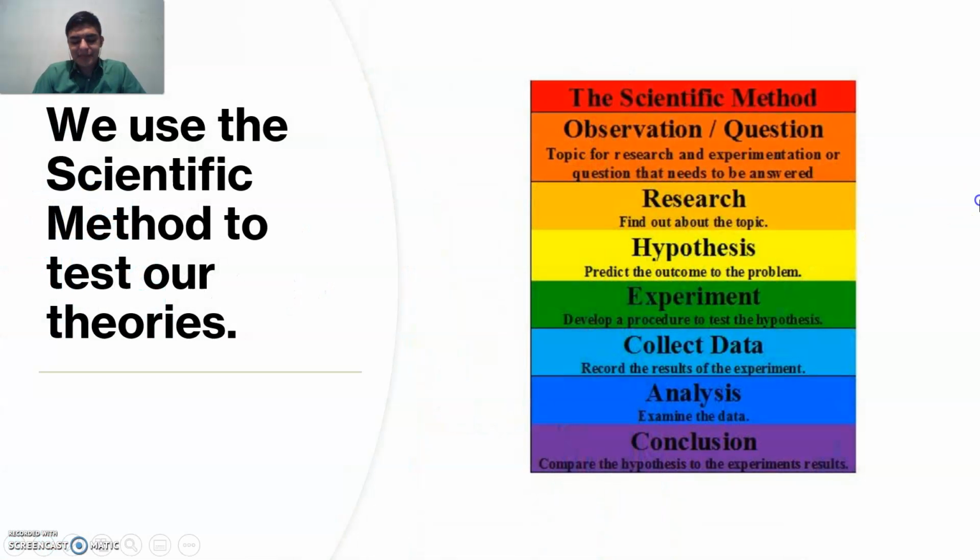All right, so those are some of the fields that you can still study when it comes to biology, and they are still related to that subject. But it's very important to consider that whenever we're studying any of the subjects, there is something crucial that we always use in science, because biology is a part of science as well. So we use the scientific method to test our theories.